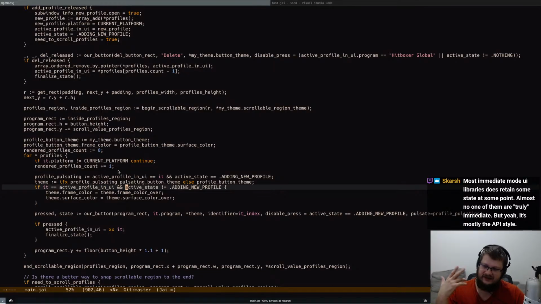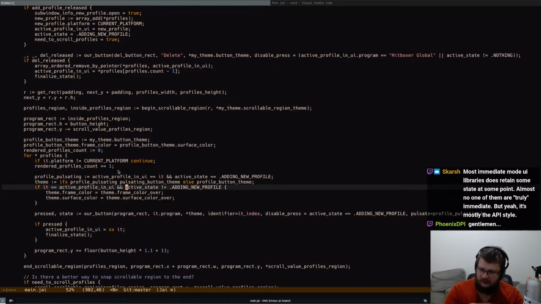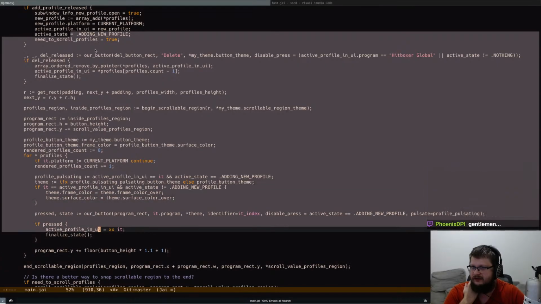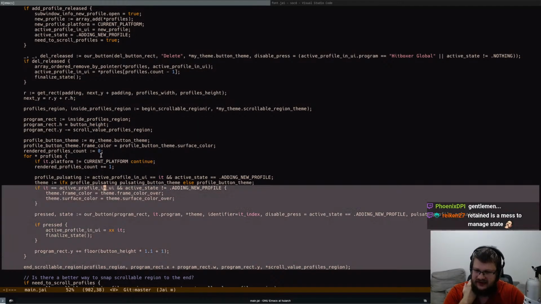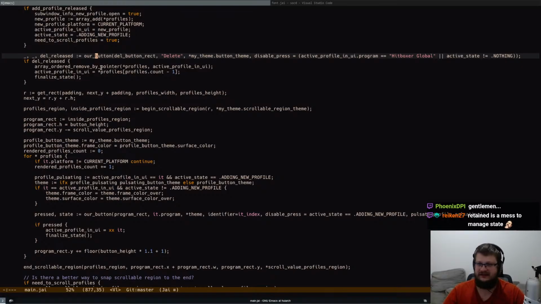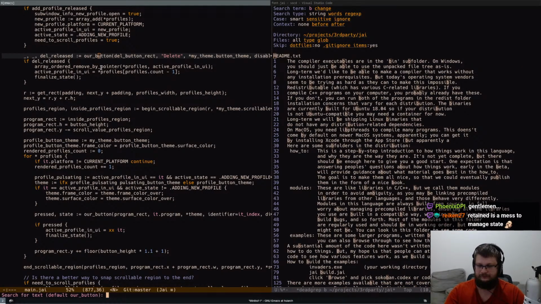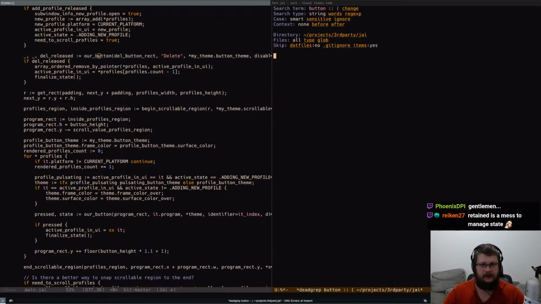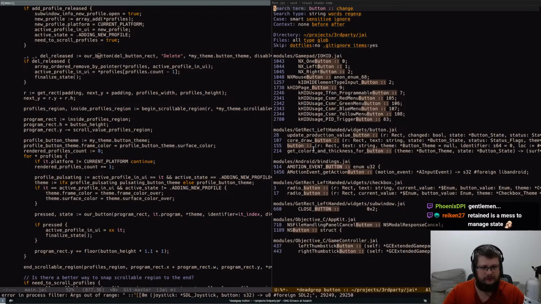And another UI style is retained, where you create UI somewhere, and then you usually have a callback, like on something, and then you give it stuff to process. And usually the way great immediate mode APIs are implemented for production is that under the hood they are retained. And what I mean by that is if I go to button, if I go to the button,